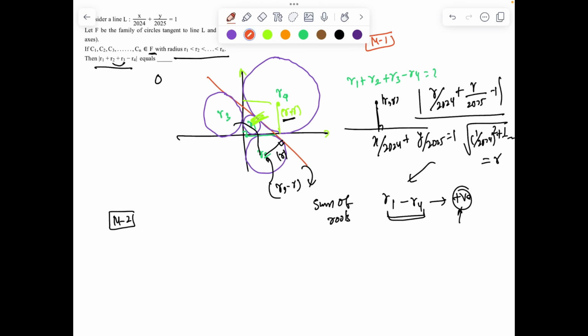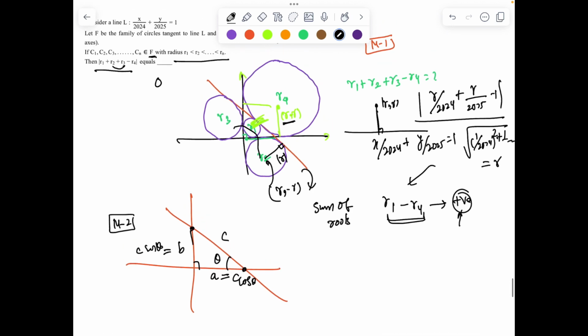Let's solve it in a little easier way, and here we go with method 2. Let's say I consider this angle as theta, and let's say these sides are A and B. So I can write A as C cos theta, where C is the hypotenuse length, and B as C sin theta. Now with this information, we can plug every value into the radius. So r is delta by s. We know the R3 value will be, if I name it A, B, C,